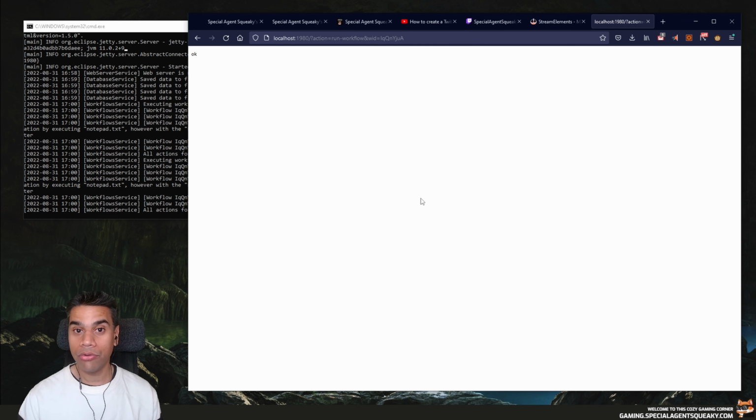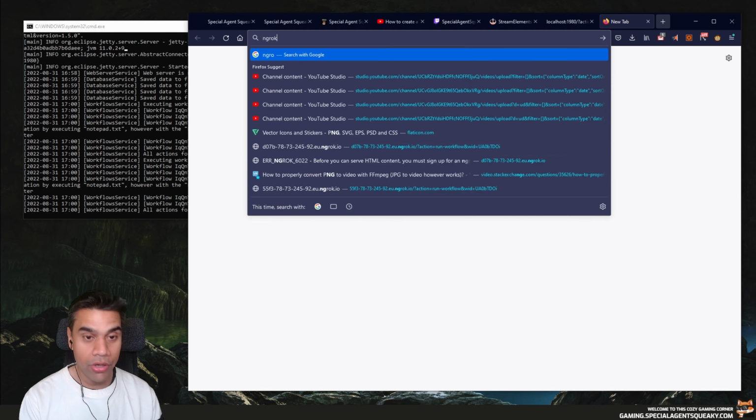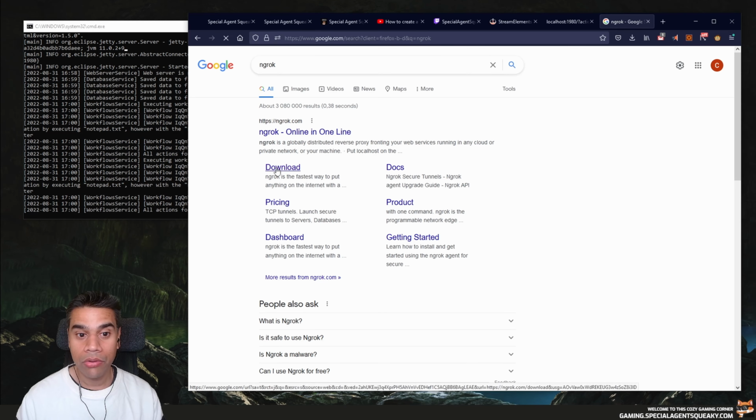And I'm going to show you how to do that. So there are multiple ways to do this, but I'm going to use ngrok because that's probably the most common way to open up a tunnel from your computer to the internet without changing any router or firewall settings. So what we need to do here is basically just type in ngrok here, then go to download,